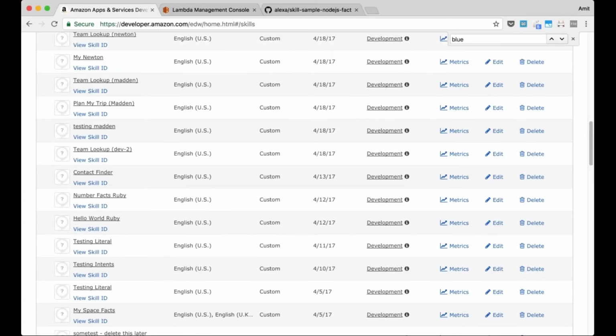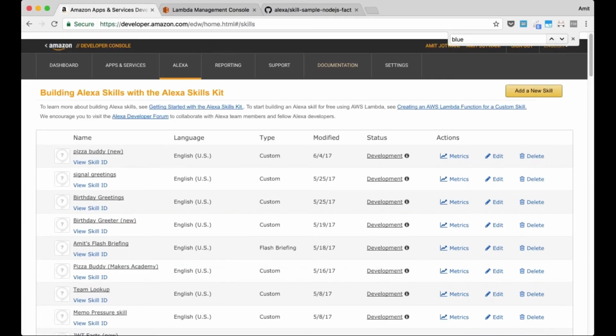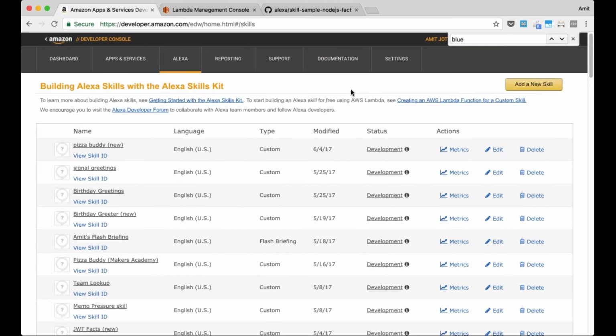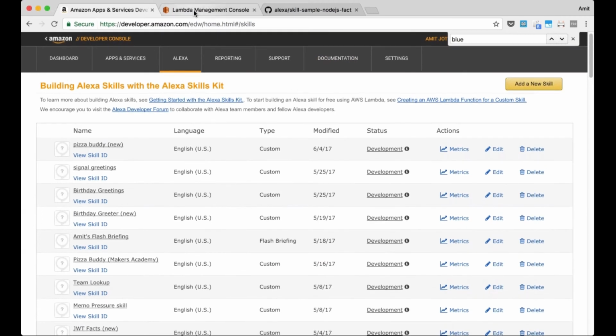Okay, so hopefully you can see my screen here, which is developer.amazon.com. One of the first things I'm going to do is, there are really two parts to creating the Alexa skill. One is that we'll do some stuff on developer.amazon.com, and then we will go into AWS and create the backend for it. So let's just run through the first part, which is add a new skill.